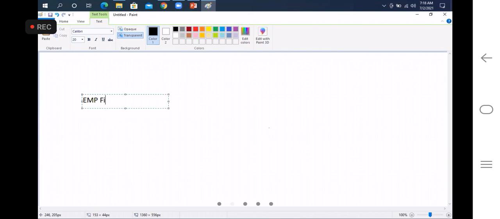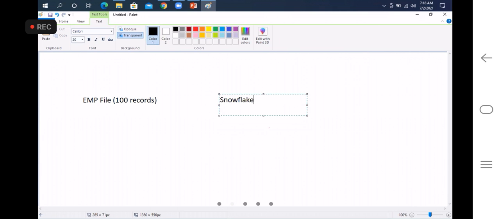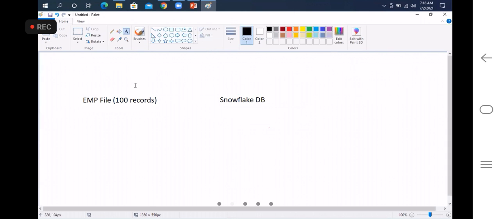I have an EMP file, employee file, which is having some 100 records. When we are trying to load this employee file, which is having 100 records, to the Snowflake database, so it will follow the